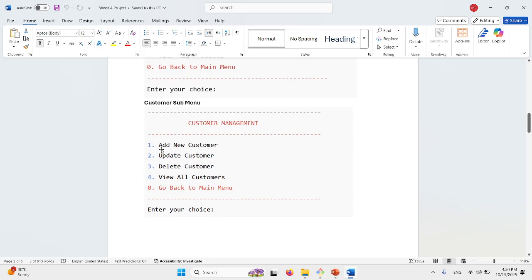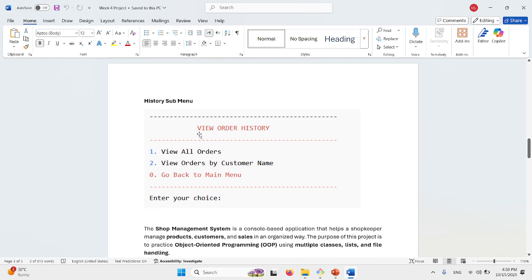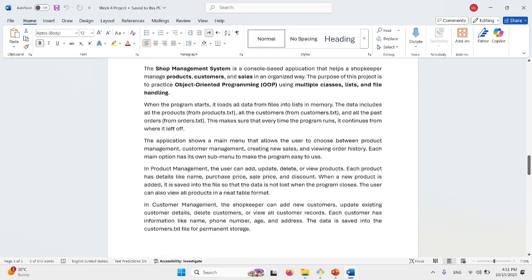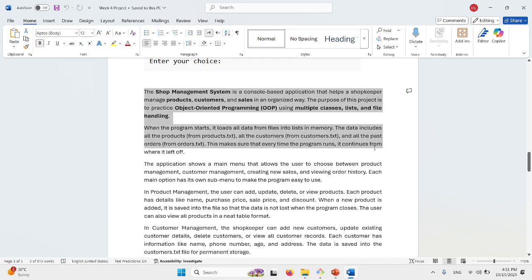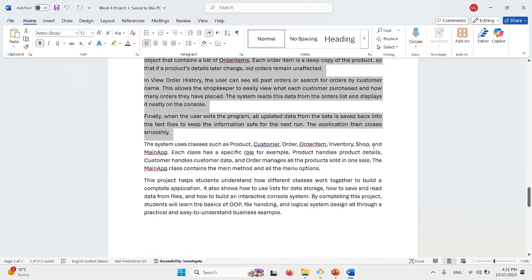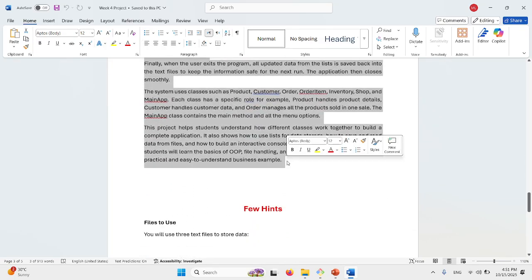This is the customer submenu, where we add a customer, update a customer, delete a customer and view all the customers. This is view order history, where we view all the orders, view order by customer name and go back to the main menu. So this is the whole scenario, which may make you a little confused.